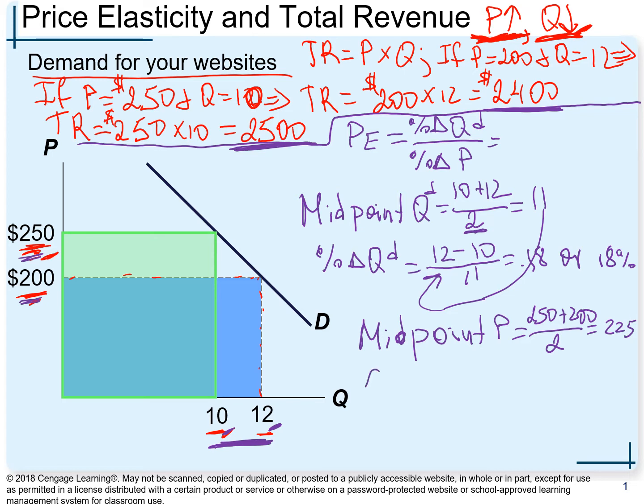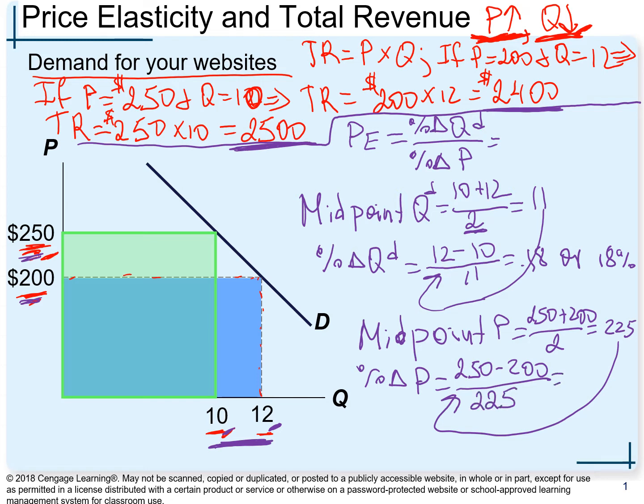Then percentage change in price. Now we take the difference between two numbers. Hopefully by now you will be able to calculate price elasticity of the demand curve using the midpoint in your sleep, because we did so many examples. So divided by 225, and if you calculate it, remember it was 0.22, or